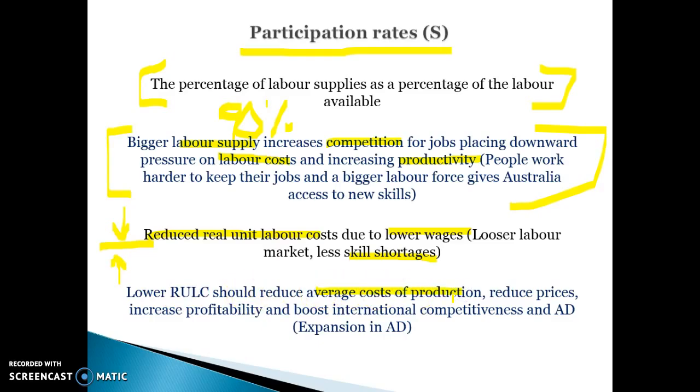So when you're making the link to aggregate demand, again, there will be an expansion in demand because with lower production costs, firms are more profitable, but also they will have lower prices, and that leads to increased international competitiveness, increased exports, increased employment within Australia, increased incomes in the long term perhaps, and therefore helps to expand aggregate demand. I probably wouldn't make the link from income because we're already saying that there's more competition to lower incomes, but higher participation rates keep productivity high, wages low, and boost our international competitiveness and boost demand for exports. Supply side factor shifts supply, expansion in demand.